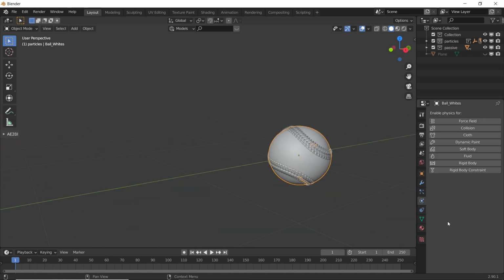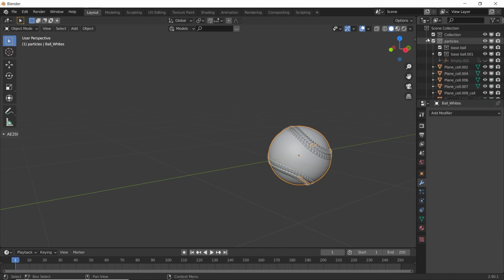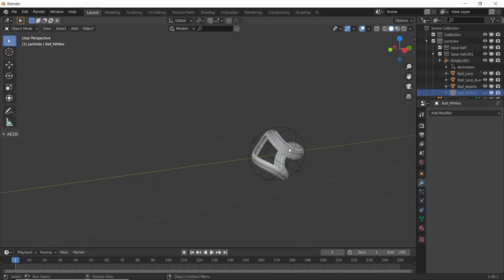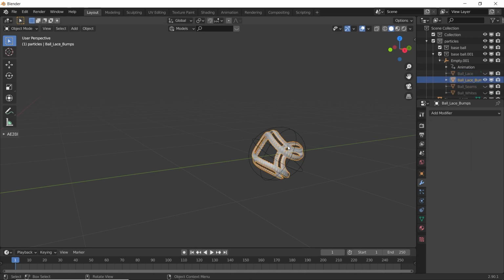Okay, select this ball. Go to modifiers. Apply all the modifiers. And apply it. Now select everything.